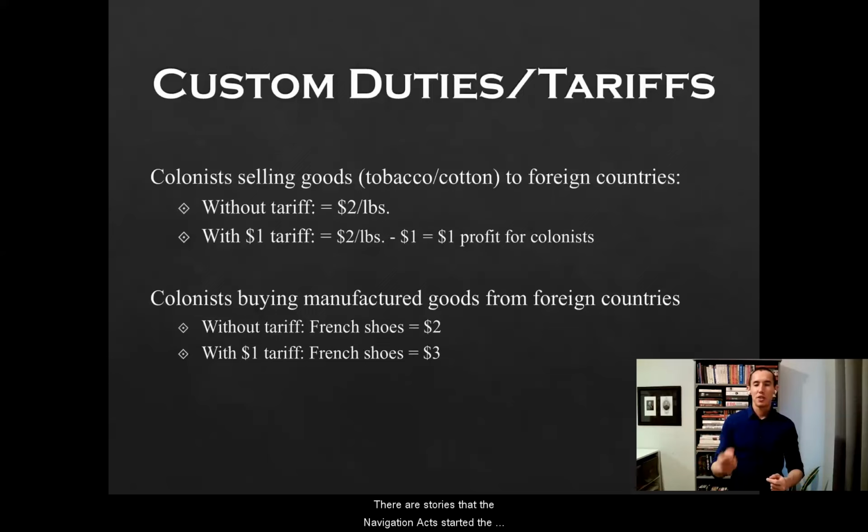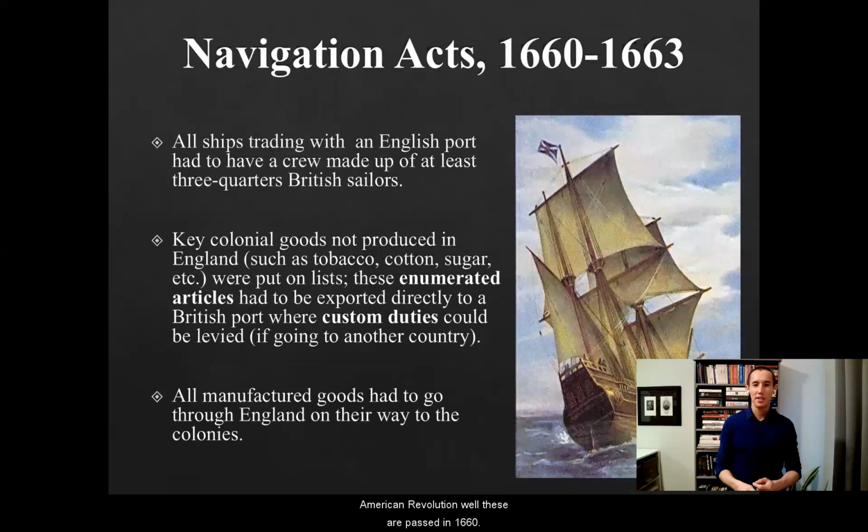There's been historians that said the Navigation Acts started the American Revolution. Well, these are passed in 1660. Between 1660 and 1663, the American Revolution is said to begin in 1763. That's 100 years later. The Navigation Acts did not actually cause the American Revolution. They were annoying to the colonists, but it was not enough to cause the American Revolution for a lot of